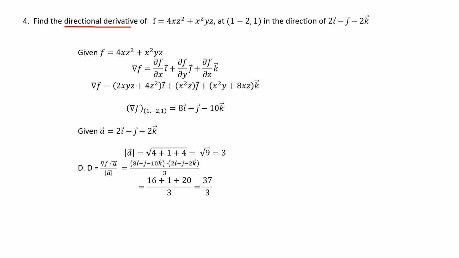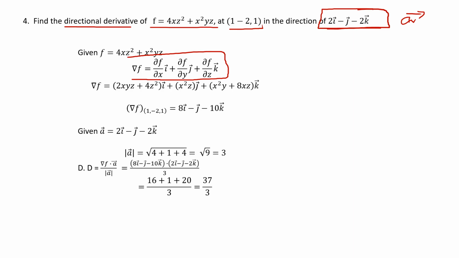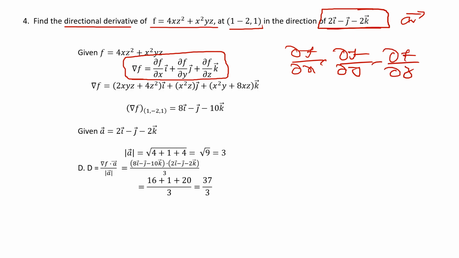Find the directional derivative of this function at this point in the direction. So this vector is the direction vector. This is nothing but a vector. Okay. So first step, write del f formula. Then find dou f by dou x, dou f by dou y, and dou f by dou z. So dou f by dou x will give you 2